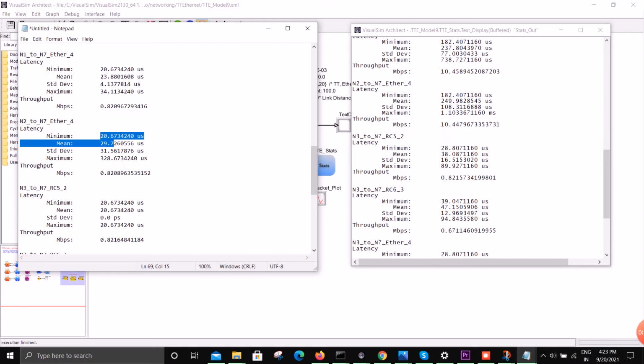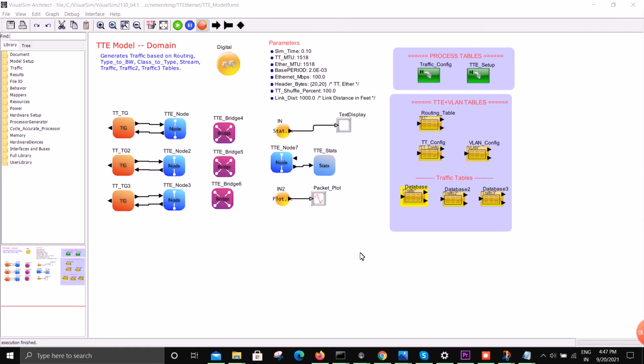And as we have increased the bandwidth of the second traffic block, the throughput of N2 to N7 in the newer statistics has also increased to 10.44. A variety of combinations can be created by changing the header bytes and base periods. These are requirement based parameters, so the requirements decide what the header size and other things should be.